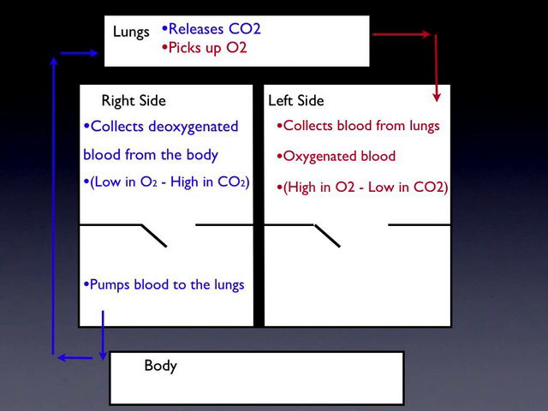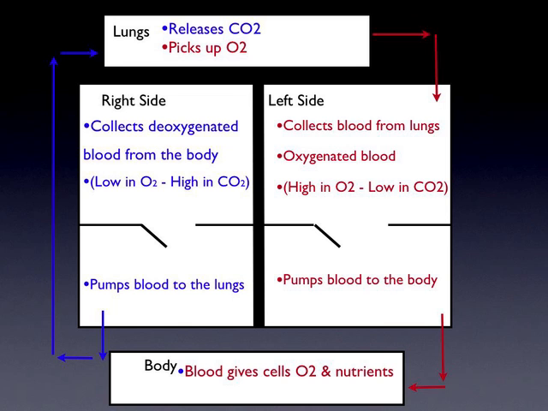Now this blood that's high in oxygen and low in carbon dioxide, where does it need to go? To the body. Yeah, it needs to go everywhere. It needs to go to your brain, into your fingers, into your wrists, into your legs, and your feet, and your stomach, to provide them with the oxygen that those cells need. So the left side of the heart then pumps this blood out to the body. And when I say body, we really mean everywhere in your body. So these blood vessels leave your heart, and they start branching off,